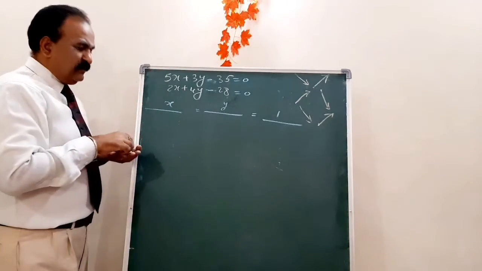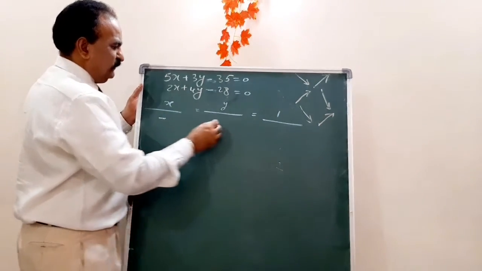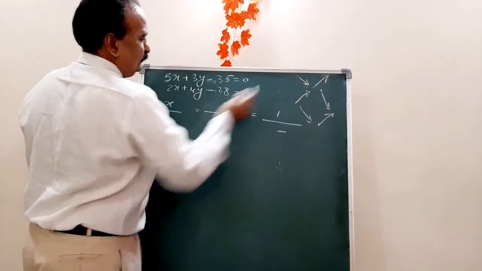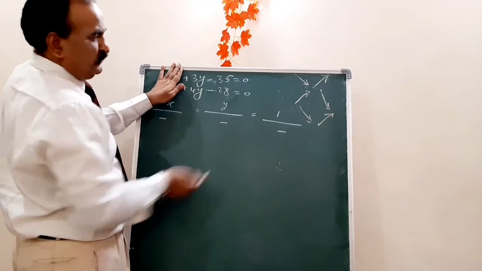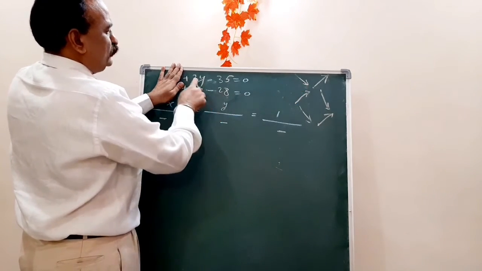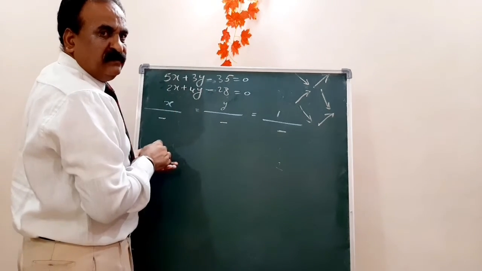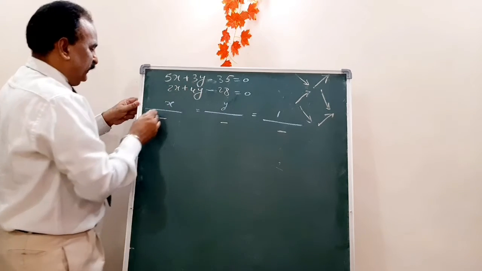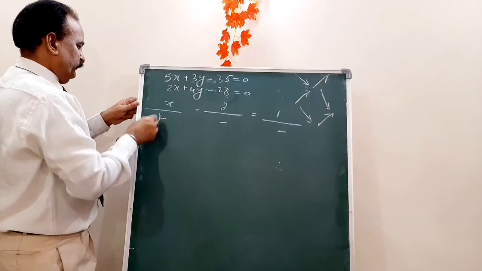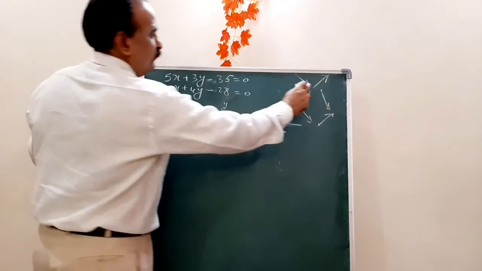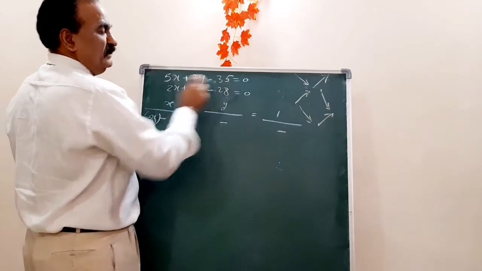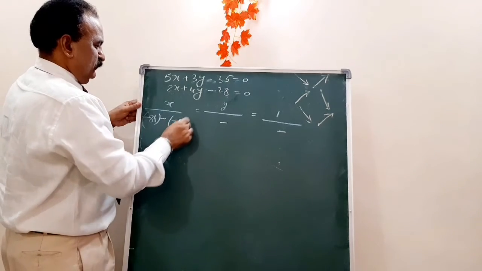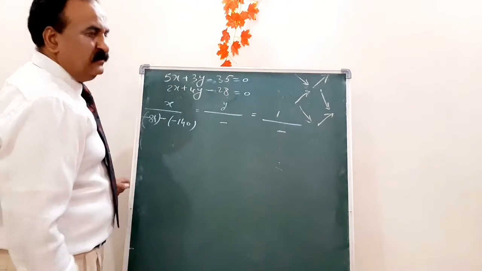Okay. Now everywhere the minus sign is there. First you write minus sign, minus sign, minus sign. Now how to solve? First you have to multiply like this. Close this. So 28 into 3 means 84. Minus 28 into plus 3, minus 84. Now this into this: 4 into minus 35 means minus 140. Clear?